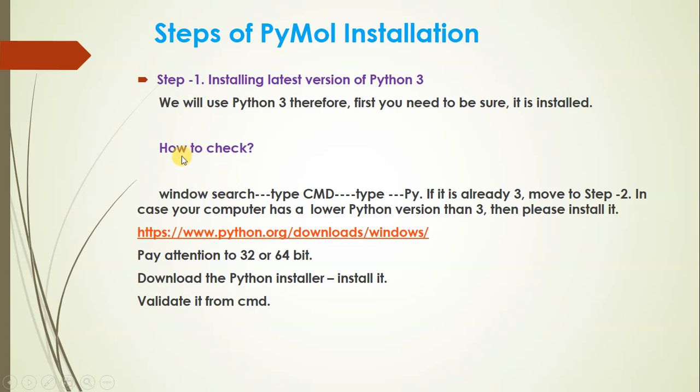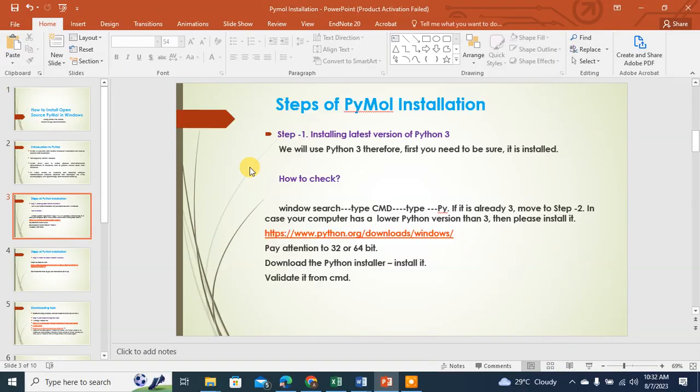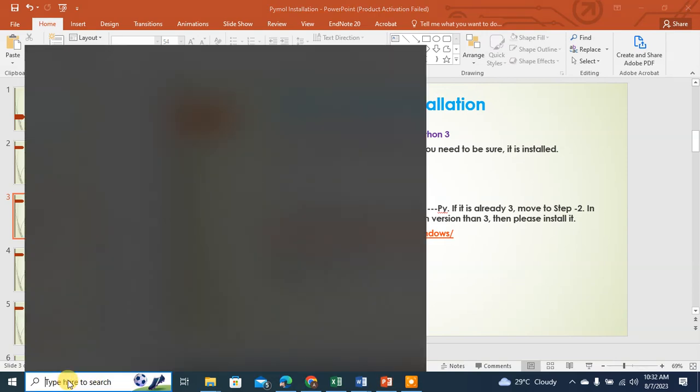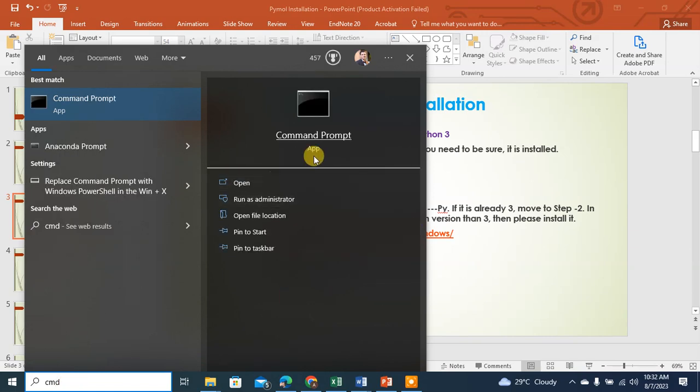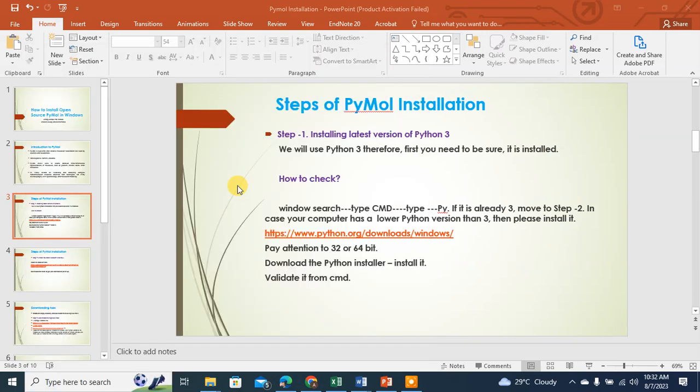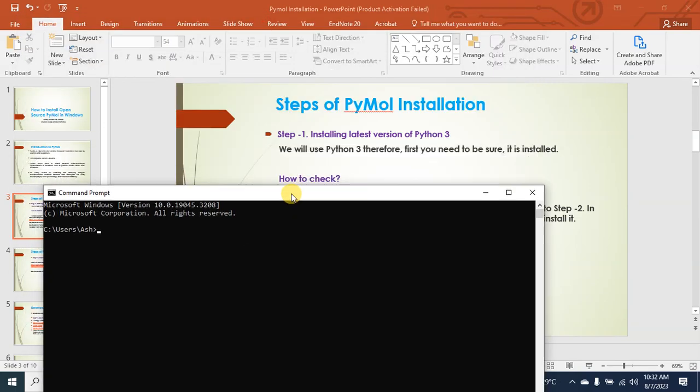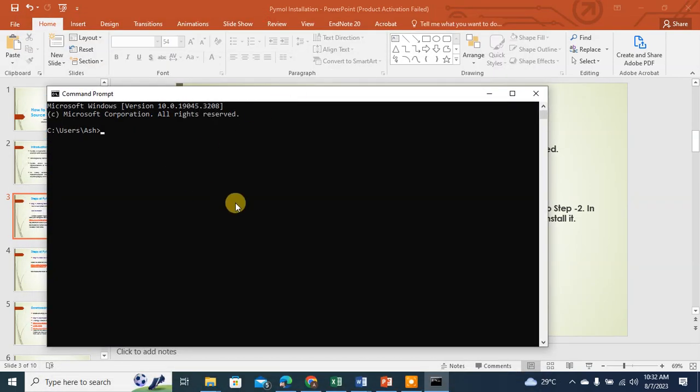So how do you check which Python you are currently using, or whether you have Python or not? It is very easy, just come here, type cmd. You will have this window, just click open and write py and enter. If you have a Python version,